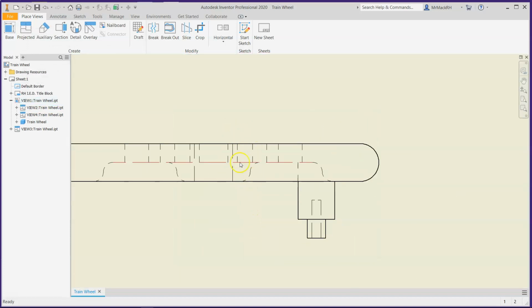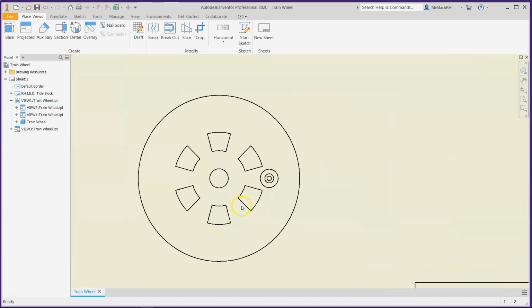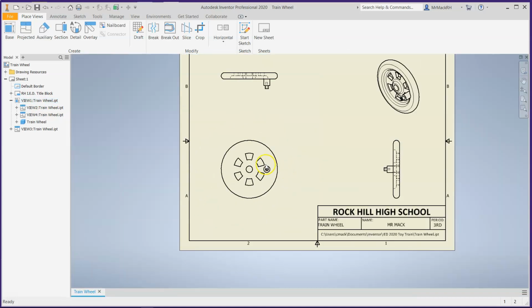Here I see hidden lines. I do not see any here. I see them here. And from the front, there's nothing hidden underneath or behind it. So that's why we don't see any hidden lines here. Now, we also don't see any lines marking fillets or any of that either, which is okay for our purposes right now, because when we take our section view, that's where we will highlight the fillets and make sure we